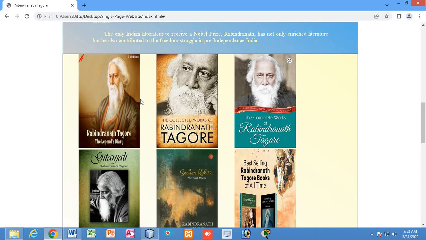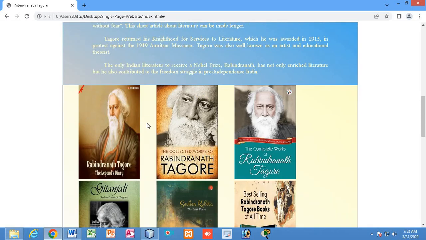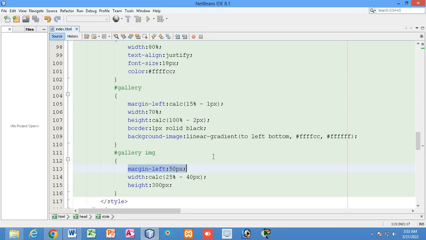So 1 2 3, 1 2 3, 4 and 5 into 40, 5 into 50. So just calculate 5 into 50, that will be 250.